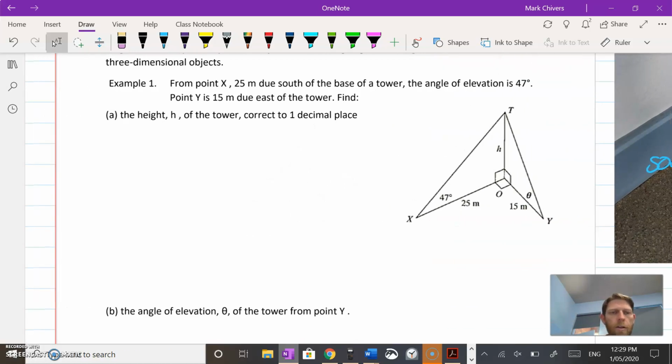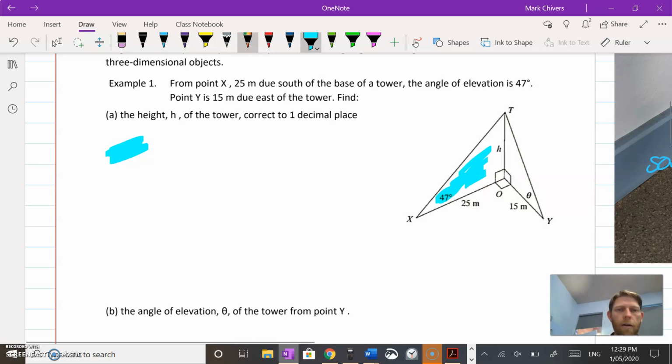Okay, so we want to find the height of the tower to 1 decimal place. So if I look at these 2 triangles, the triangle here on the left-hand side I think will be the better place to start because I know an angle and I know a distance. All right, whereas in the other triangle I don't know the angle. So I'll start my solution by saying in triangle XOT,